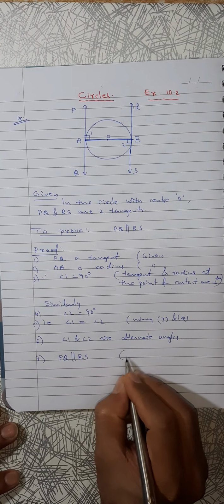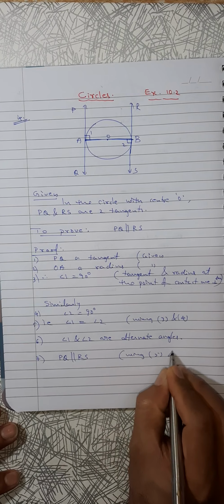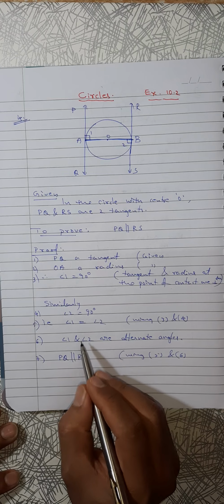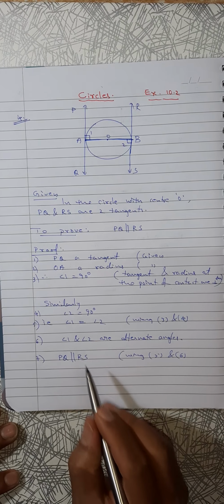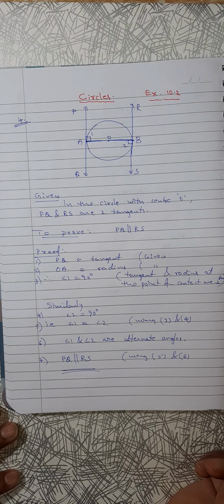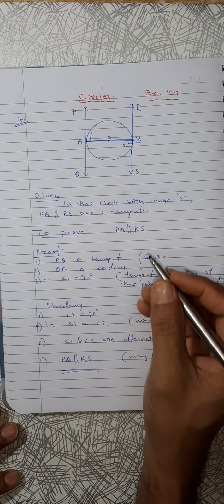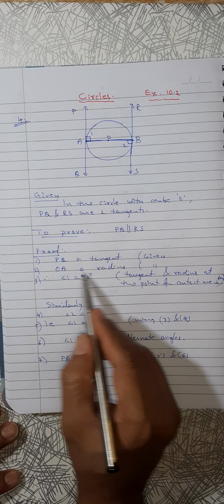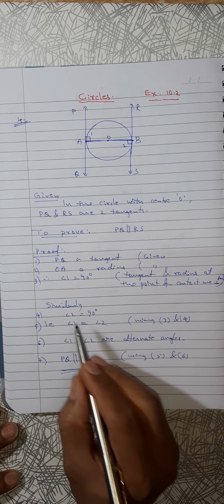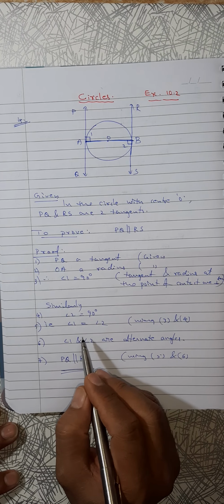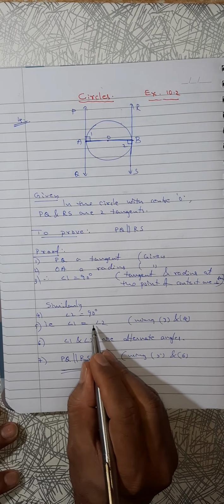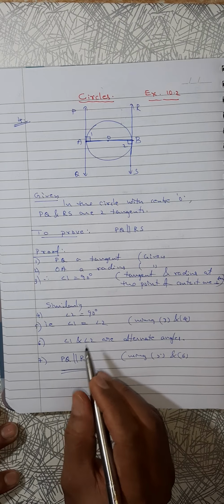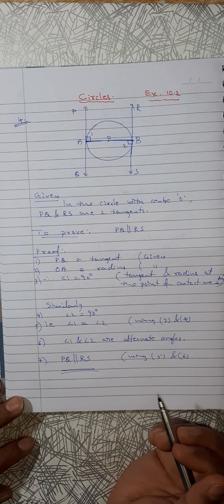Reason is using 5 and 6. 5 says that they are equal. 6 says they are alternate angles. So when we combine, we can say alternate angles are equal. If alternate angles are equal, lines are parallel surely. So very simple thing. Since it is a prove that question, we are writing each and every step. One tangent given, one radius is there, therefore 90. Similarly, another one is also 90, and according to the location, they are alternate angles. 1 and 2 are equal, and when alternate angles are equal, lines are parallel.